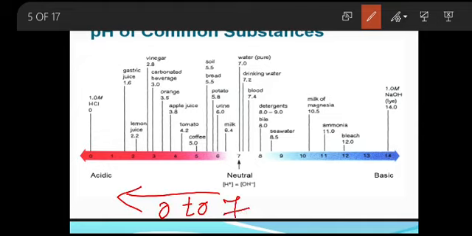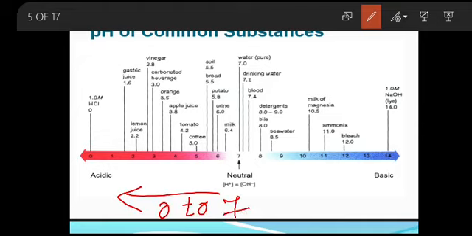In order to know whether the solution is acid or base, I am using pH scale. The pH value is represented in numerical values like 0 to 14. The other way, how can we find out the solution is acidic or basic, is by using pH indicators. Indicators are also substances or materials which will help us in detecting the solution as acid or base by showing some changes in color.